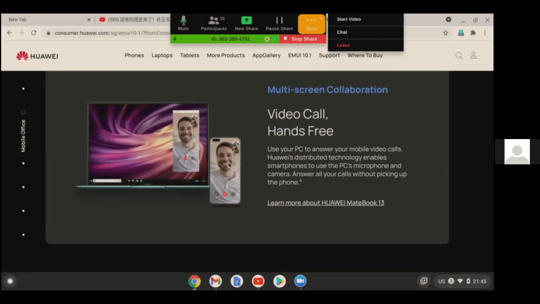And for that reason, even though this is a Windows OS laptop, Huawei has made a software for their Huawei phone to be able to link with your laptop without any cabling, without any setup or any Bluetooth and so on.